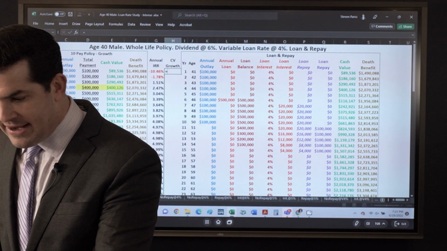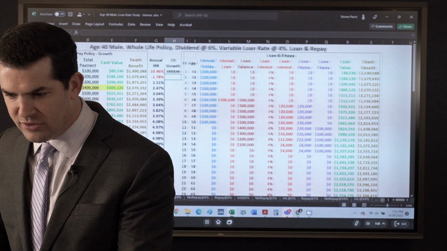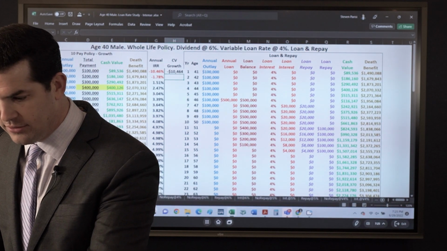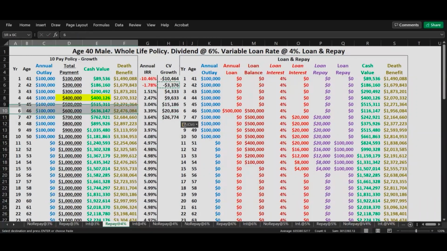So what you can do here, this will be fun. Let's see what your net dollar amount is. Instead of looking at the returns, what does the actual dollar amount look like? There we go. And this will isolate the net growth each year. We're taking out our payments. So year 6, there we go. How much did the cash value grow by? This is the total growth,